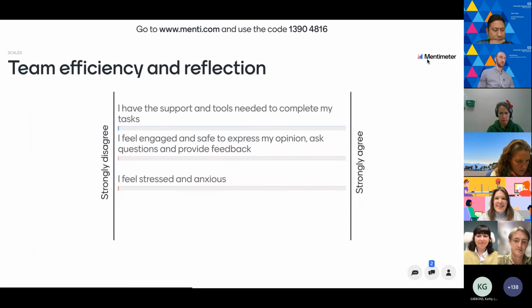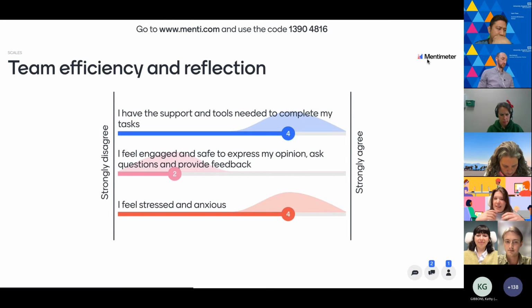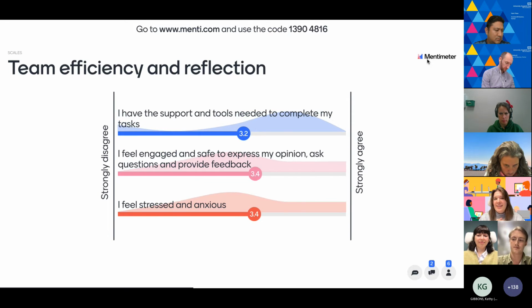Nice. Let's have a look at another question. So this is one of my favorite ones. It's called scales. And as you see, as a presenter, I've entered my heading or question. I have put in 3 different statements, and then I've changed the axes. Today we're using strongly disagree to strongly agree, and then basically the span on which we are then ranking these